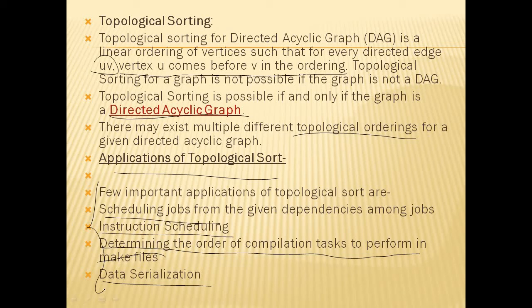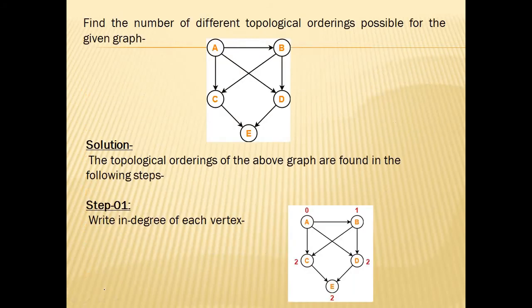Here what we are doing is just finding the sorting process. To visit the graph, what is the process we need? We just find the sorting process, which node to which node we need to travel. So to go from source to destination. This is a very simple thing. Let's go with an example.